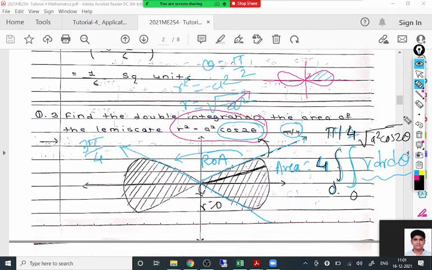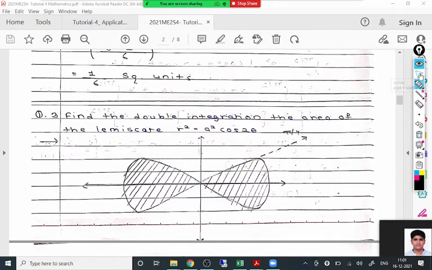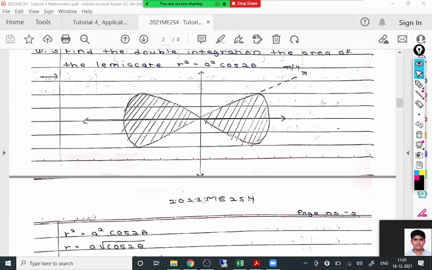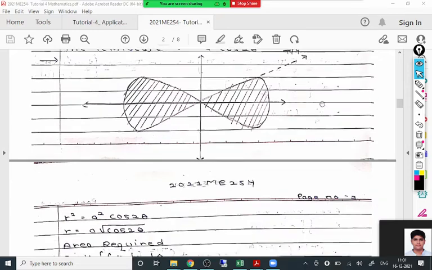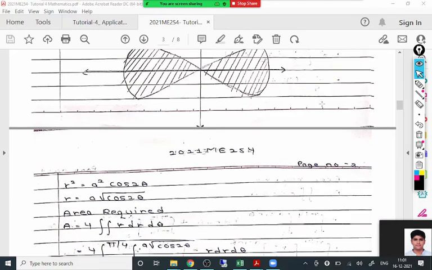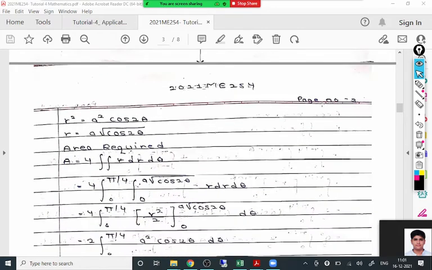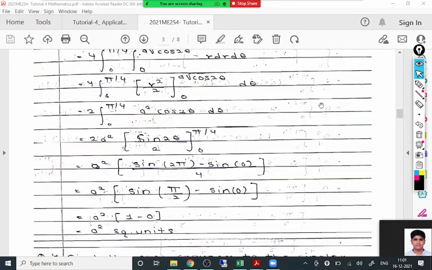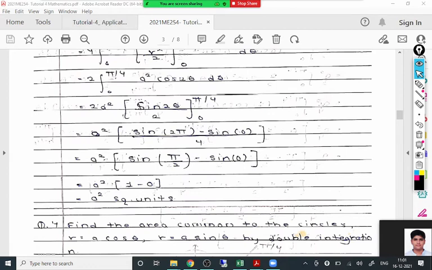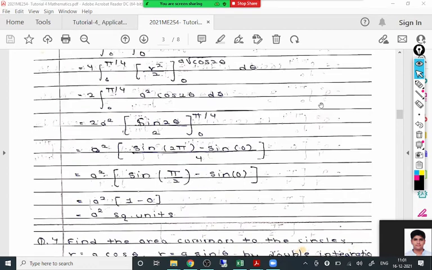So actually, we are not going into the detail of curve tracing. That's a too lengthy topic. Right now you have to remember a few curves. The lemniscate is the main curve that you have to remember, because again I will tell you there is a very small probability of this type of question coming in the exam. The remaining is a calculation, and the answer comes as a square unit is the area. That's the correct answer. I'm not going into the detail of the calculation.